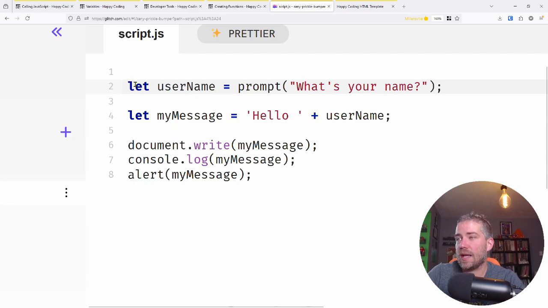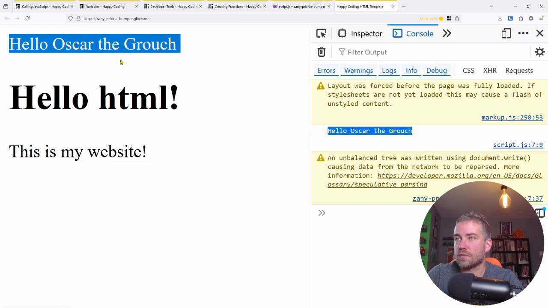But now I am creating a variable named username, and I'm setting it equal to the value that I get when I call the prompt function, passing in the argument, what's your name, to that prompt function. So I store that in username, and then I use that in the rest of my code just like I was before. So if I go over here and refresh,